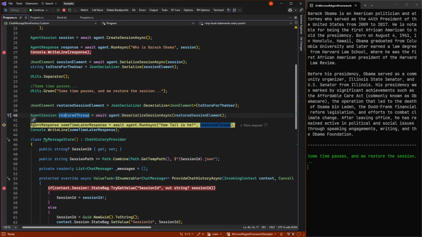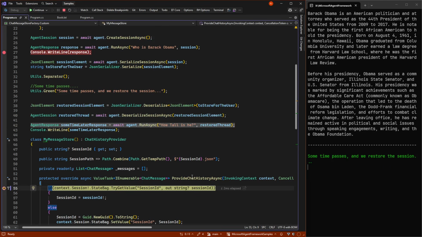So when we do that and we ask the agent once again, how tall is he, with the new restored thread? Again, imagine that between here we would stop the code, we would rehydrate the message, so we wouldn't have this original session left. But if we do this, we again hit provide chat history.